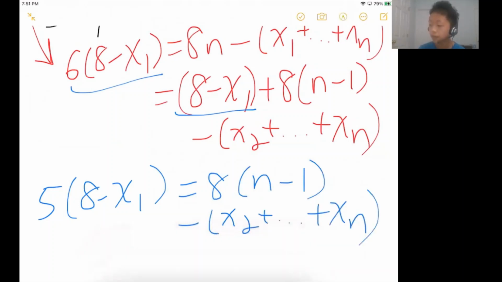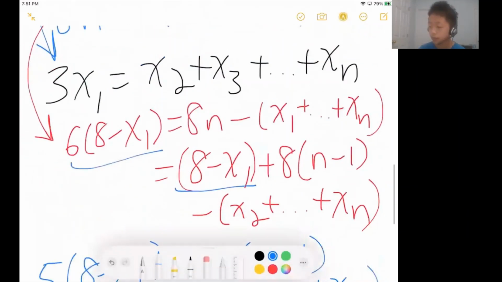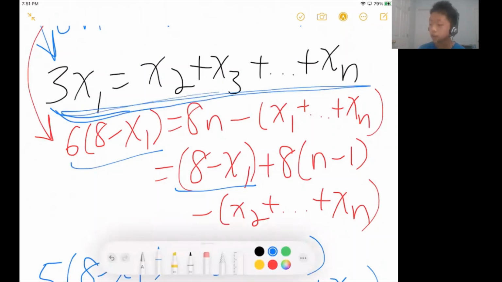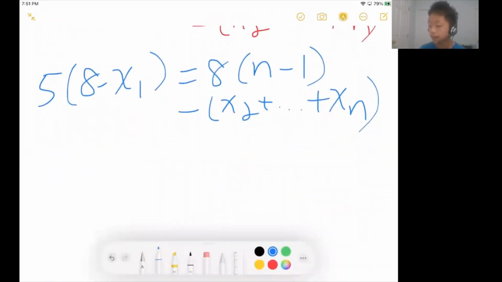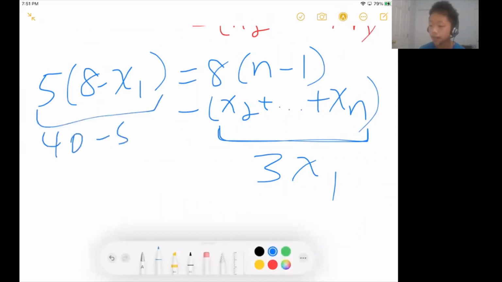Now to finish the problem, we can notice from this expression here, we have 3x1 is equal to this expression here. So x2 plus x3 plus dot dot dot plus xn has to equal 3 times x1. If we add 3x1 on both sides, and use the distributive property here to get 40 minus 5x1, adding 3x1 on both sides, I get 40 minus 2x1 has to equal 8 times